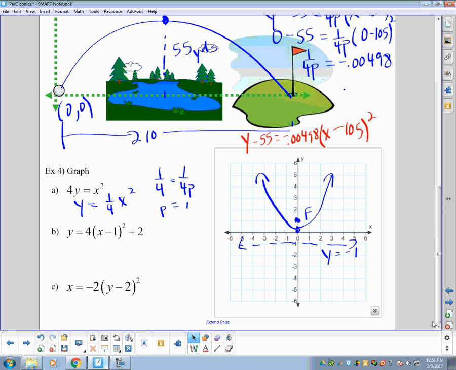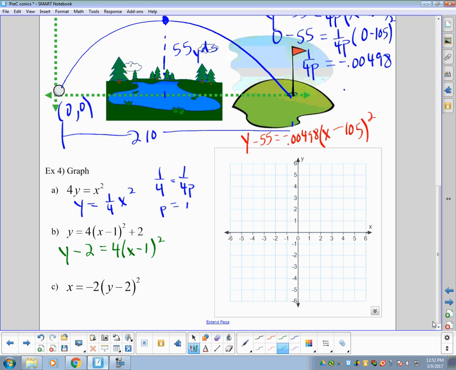All right, B, we have a shifted vertex, and see this 2 has been moved over. If I were to match it up with vertex form, that's what it would look like. It's pretty common to write it in this form. You'll see this next year in calculus, because it's ready to plug into your graphing calculator and graph it. Whereas this is not what I have in green here. But if we're going to be consistent with the form I gave you,